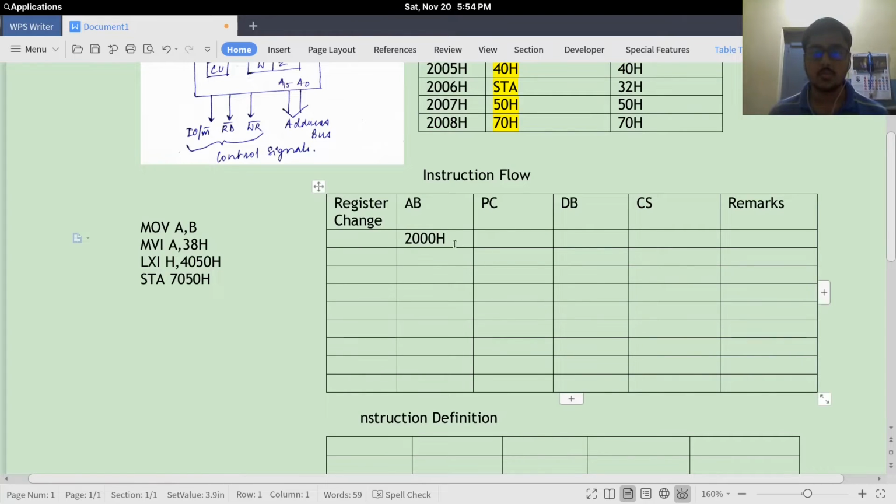Initially it was 2000H, then the program counter changes to 2001H. At each step, the program counter will contain the address in the address bus plus 1.